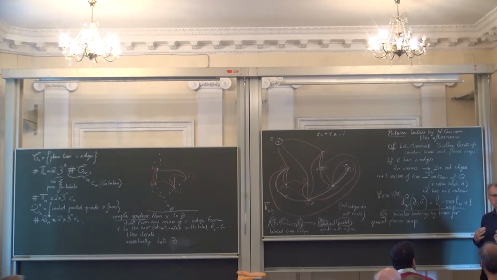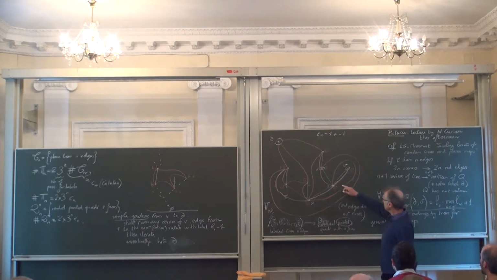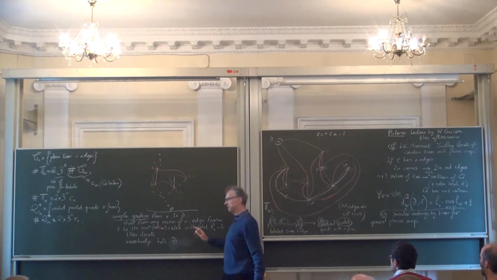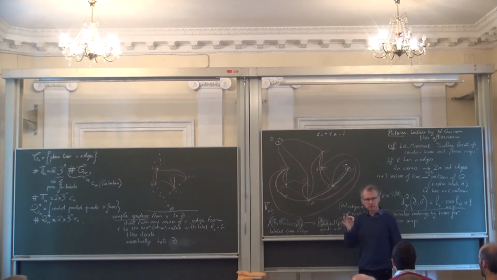Can you change the corner? I mean, there are at least two further paths of the same length. So are they also geodesics, or should you stay in the same corner? Well, what I said maybe too quickly is that each time you start from any corner of V, then you reach another vertex, which may depend on the corner you start from, of course. And then at this vertex, you can again choose any corner if you want. You can change the corner, right? Yeah, you can change the corner. This will still give you a geodesic.